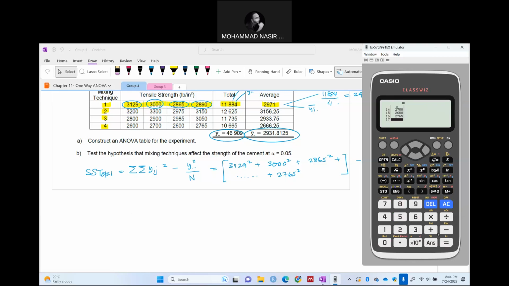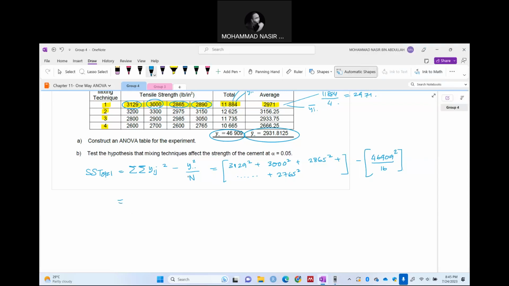Right, sudah input data? So you go to option, click on 2, and you need to find summation of x square. So this one should be 138172041. So you just plug into the formula. So 138172041